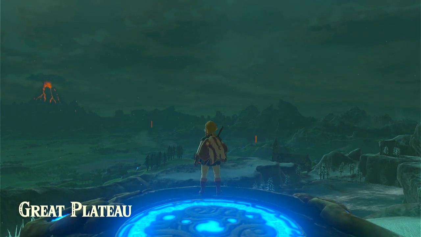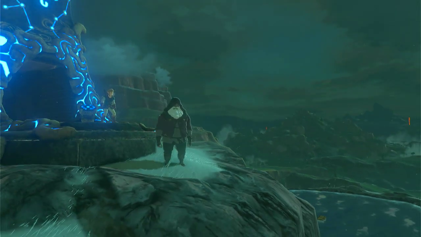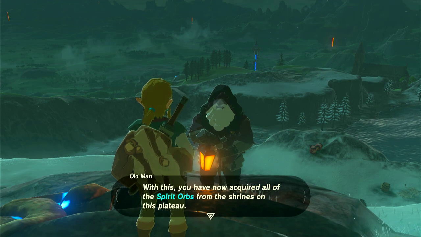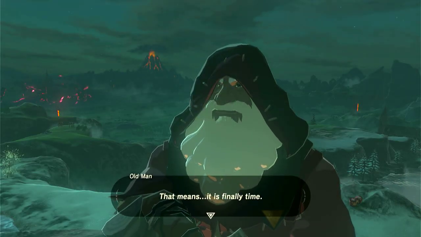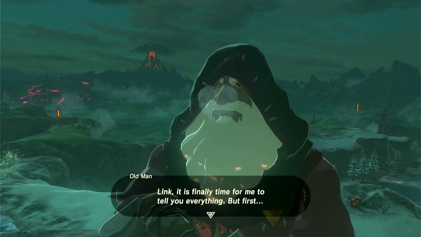And now here comes the old man. With this, you've now acquired all of the spirit orbs from the shrines on this plateau. Oh ho, extraordinarily stirred. That means it's finally time. Link, it's finally time for me to tell you everything, but first...